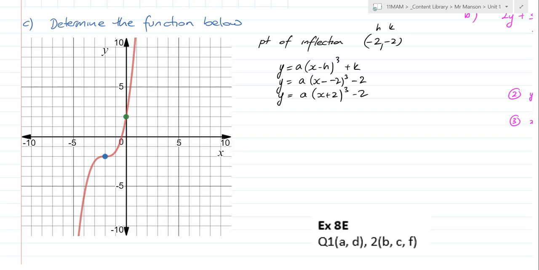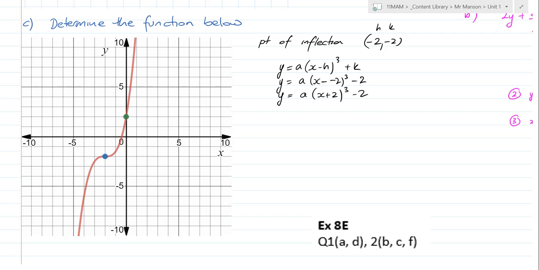Clearly marked here. Do not use any points you've already used. We've already used that point. Do not substitute that in to try and find A. It won't work out. You'll end up with 0 equals 0. If you use your x-intercepts to build a quadratic function, don't then use them to try and find your dilation. You have to find a different point. We haven't used the y-intercept yet though, so I'm going to substitute in